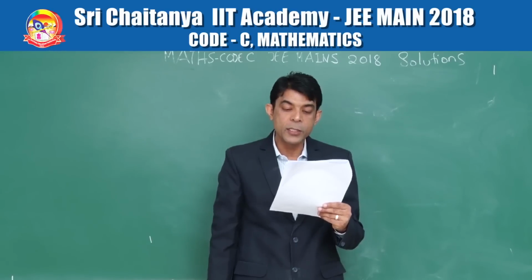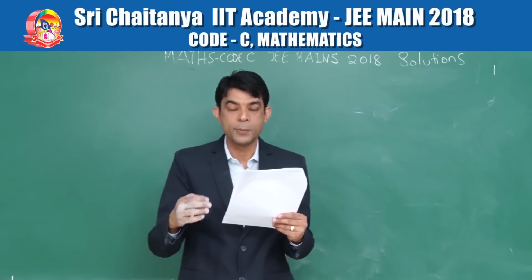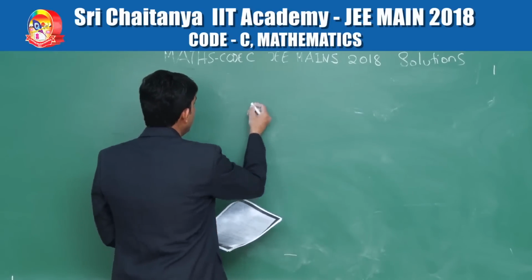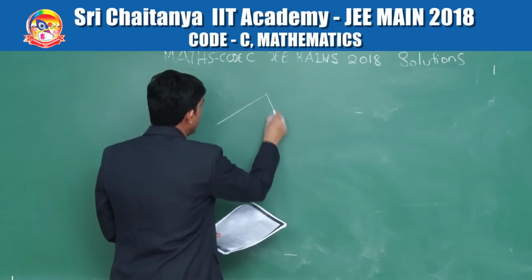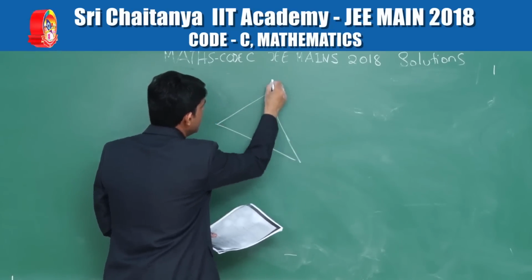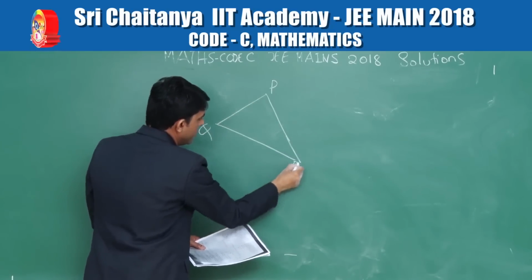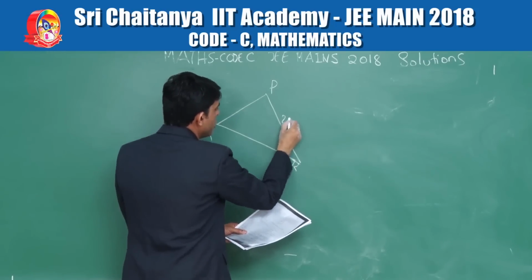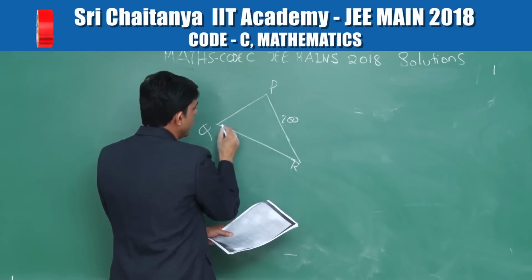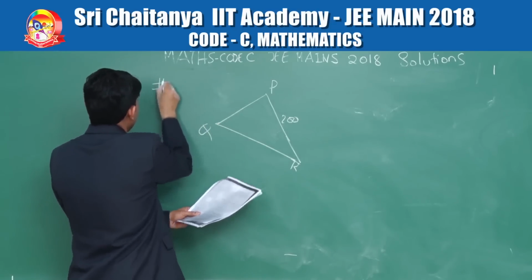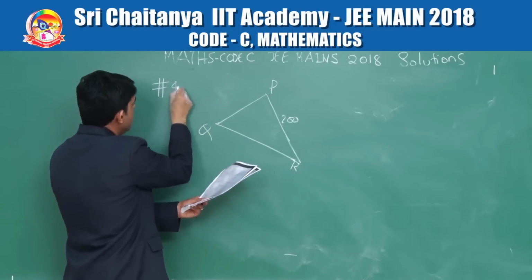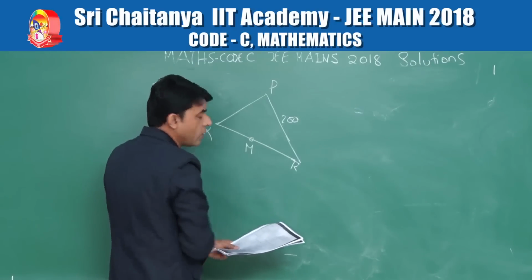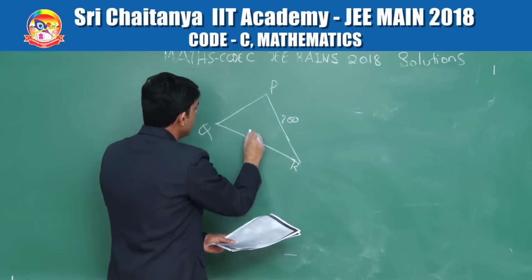Number 40 concerns a tower. So it's a height and distance problem. Let's make the diagram of the problem. It says that PQR, so let's draw like this, P, Q, and R. This is an isosceles triangle. So given PQ equals 200 and PR also equals 200. So there is a tower at the midpoint of QR,